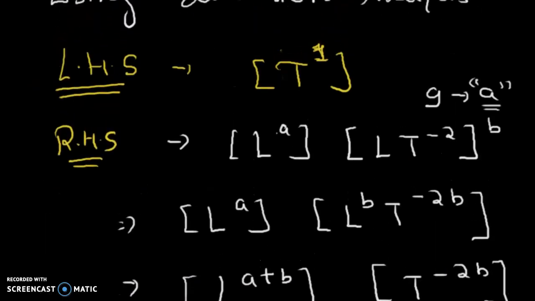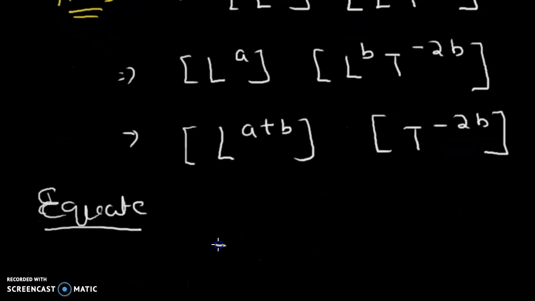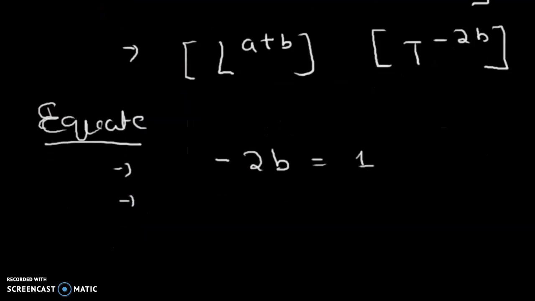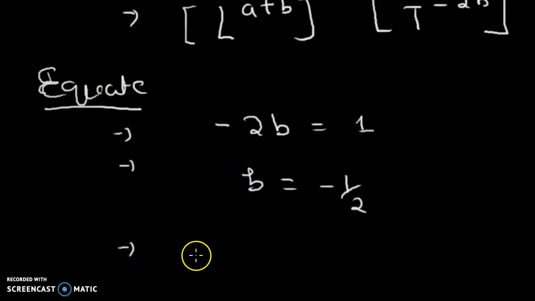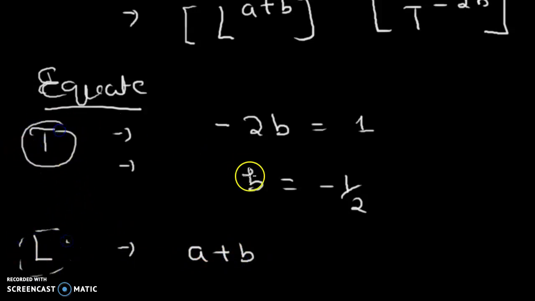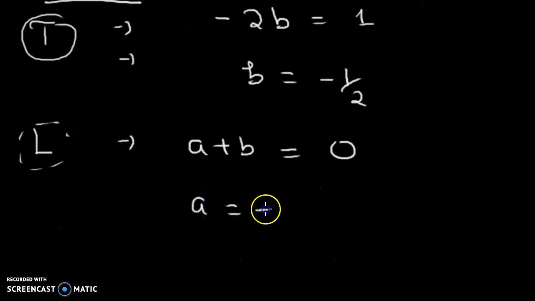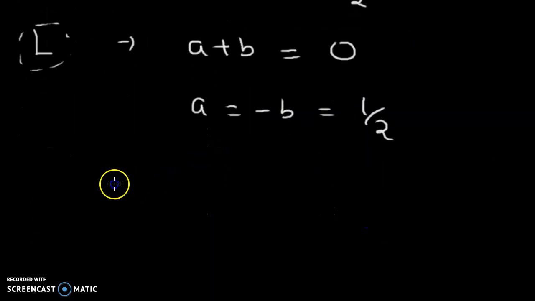For the left hand side it is T to the power 1, so minus 2b has to be equal to 1. So what is the value of b here? b comes as minus half. And a plus b, let's equate the power of L. Equate for L, equate for T. For L, this has to come 0. So a would come as negative of b, and it comes to half. So thereby, just putting the values here,